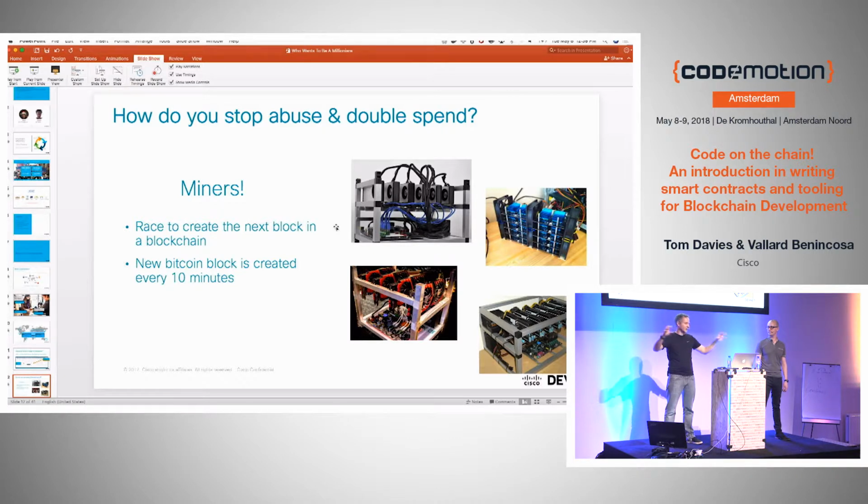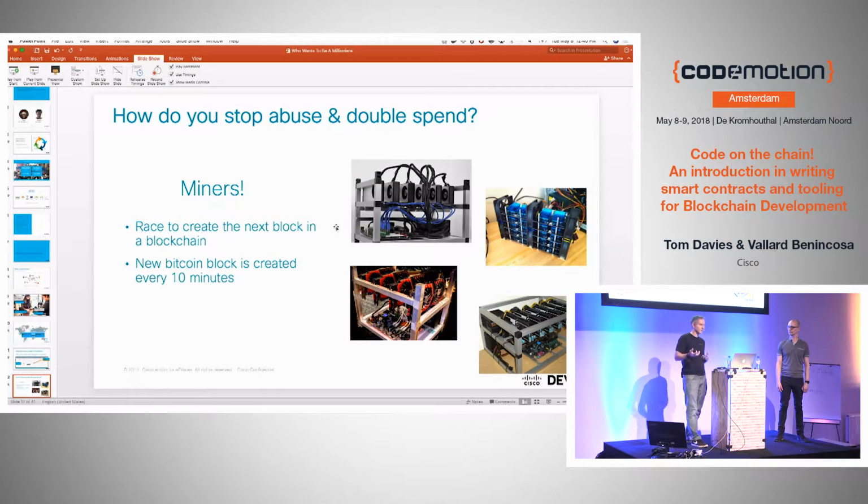These miners are all on the network, and they're taking all the transactions, and they're the ones that make sure that there can't be any double spending, because anytime somebody spends, the miner goes through and looks through the previous spending records, or the unspent transaction outputs, to make sure that nobody has spent that money before, and then they put it in a block. And that block is immutable. If that block is accepted by the larger community, then that becomes the basis of the chain of blocks. Blocks in different cryptocurrencies are created every couple of minutes. In Bitcoin, for example, about every 10 minutes one is created.